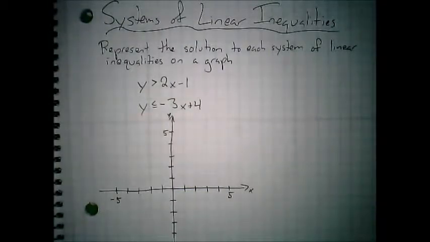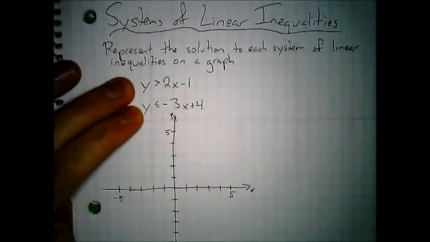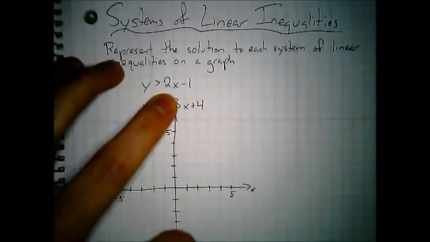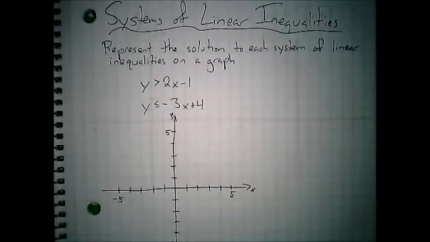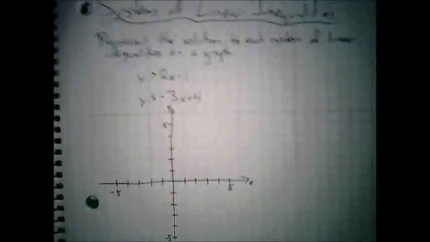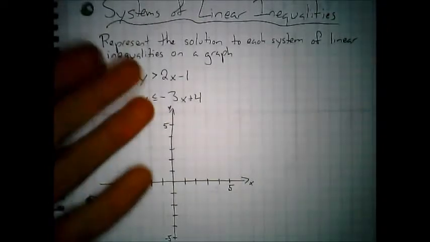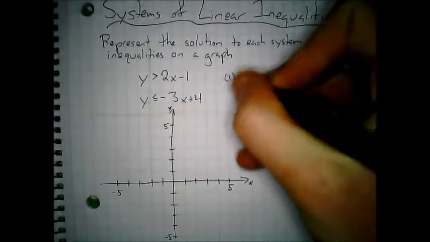So the directions would be: represent the solution to each system of linear inequalities on a graph. So again, this is a system of linear inequalities. We're given two inequalities that all of our points have to satisfy. Y has to be greater than 2x minus 1, and at the same time be less than or equal to negative 3x plus 4. So this is really a similar process, just a way of squeezing two graphing inequality problems into one. Okay, we want to graph each of our inequalities and figure out which specific section makes both of these inequalities true. So the first thing we need to do here is just graph